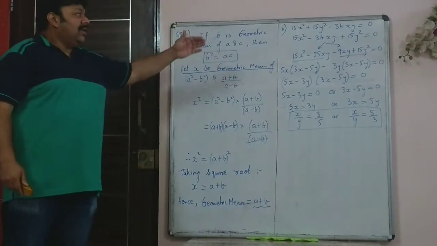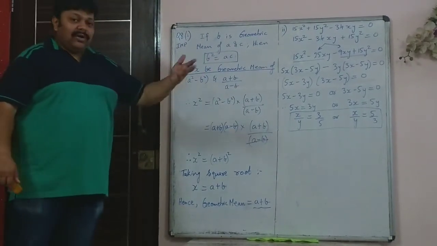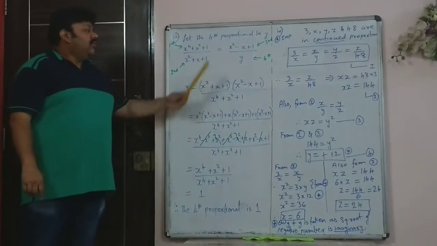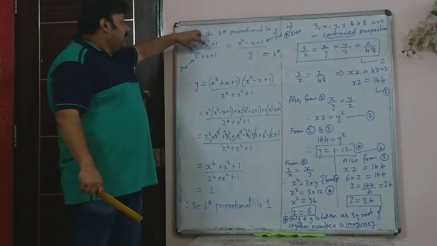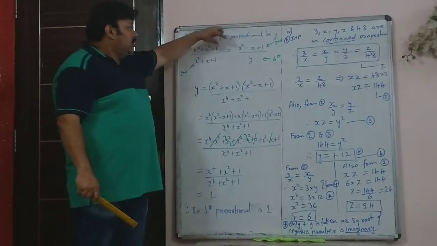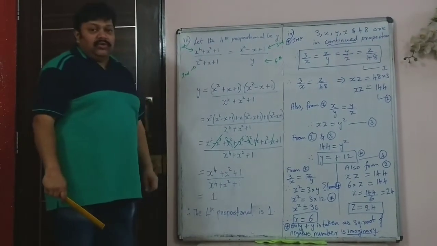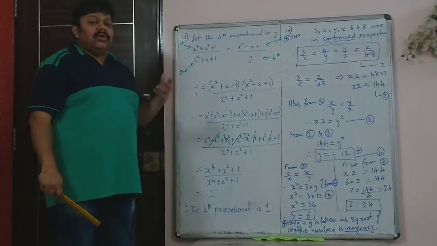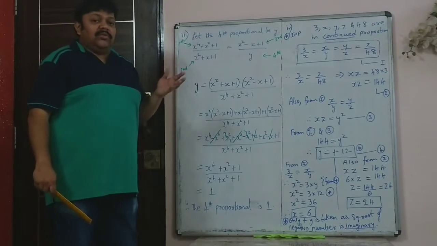Never will you be asked this question 8, 1, 2, 3, 4, 5 as one sum. It is actually 5 different sums. In the third part, the fourth proportional. So the first term is the first proportional, second term is second proportional, third term is third proportional, and fourth term is fourth proportional. So when it's just given that fourth proportional, that means all the four terms are in proportion. The word continued is not there, it is just proportion.